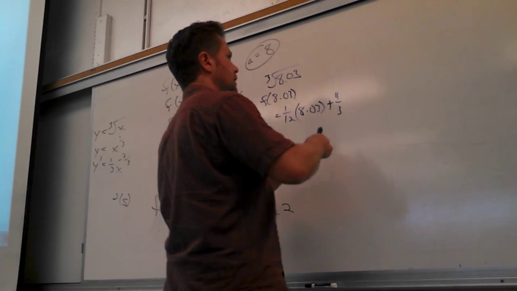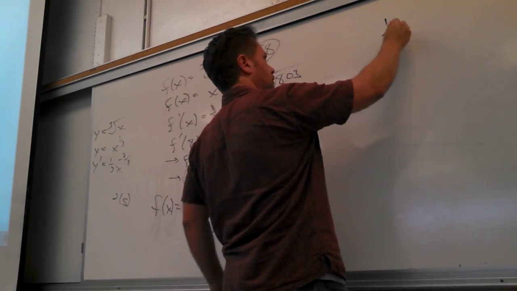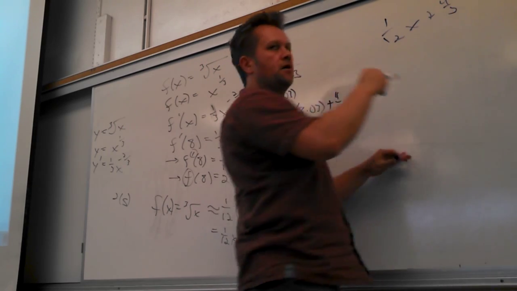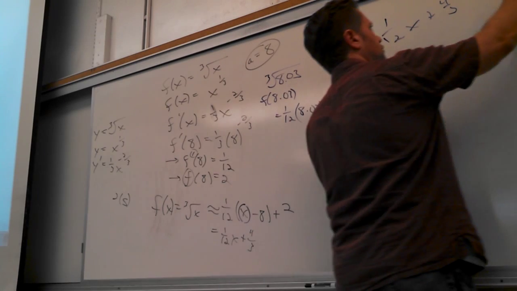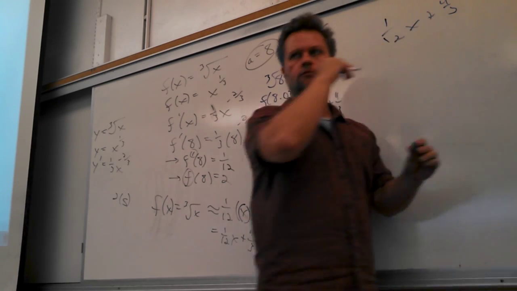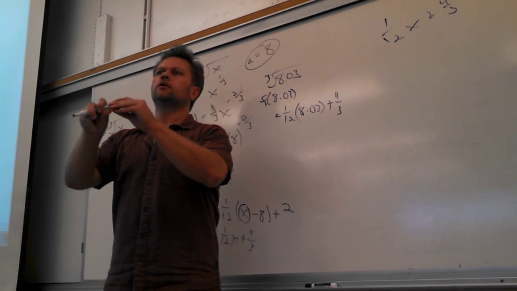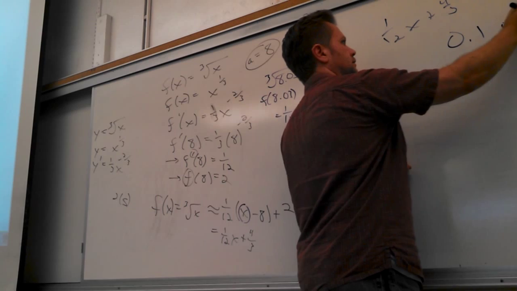So I want this approximation, 1/12 x plus 4/3, to be close to the cube root of x, near 8. So what I can do is, if I wanted to be within 0.1 of that,